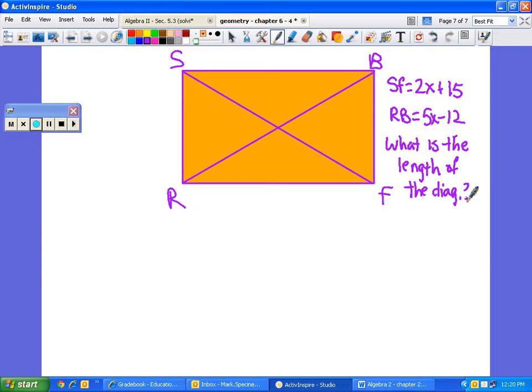Joe, what do we know about the diagonals of a rectangle? They are congruent, so we can say that RB is equal to SF. What does that allow us to do in this problem then, Joe? By doing what? Can you guys please stop? Thank you. Okay, can you do that? 5x minus 12 equals 2x